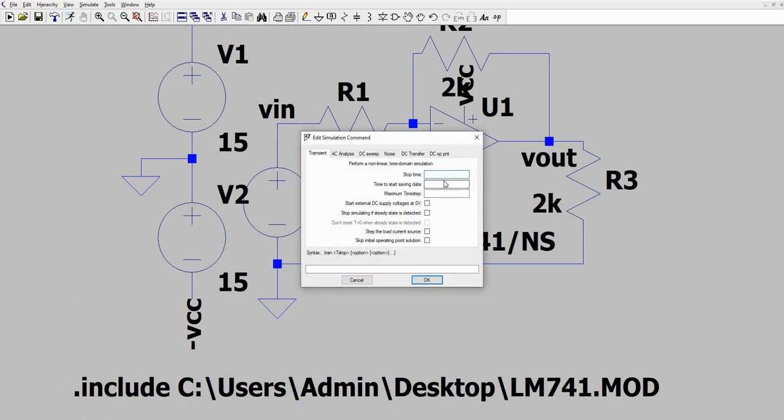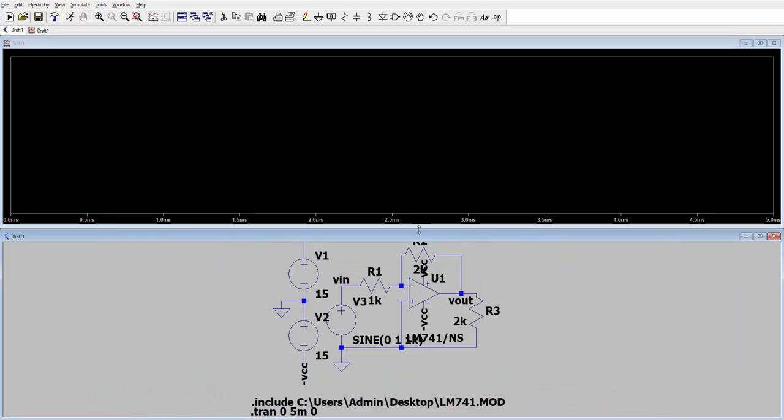In this case, let us use 5 cycles. For 5 cycles, 1 over 1 kilohertz is 1 milli, so let us use 5 milli, starting from 0, then click OK.